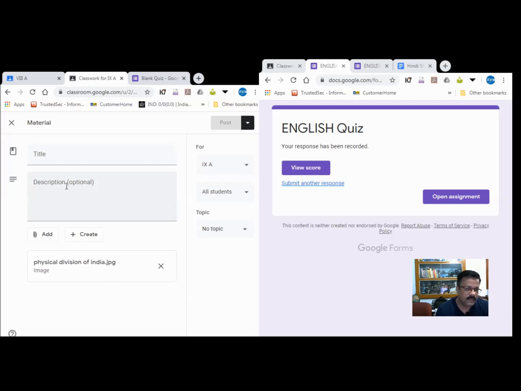Simply the physical division. Learn map of India and draw. Now this is the map. I have uploaded it, saved, posted.